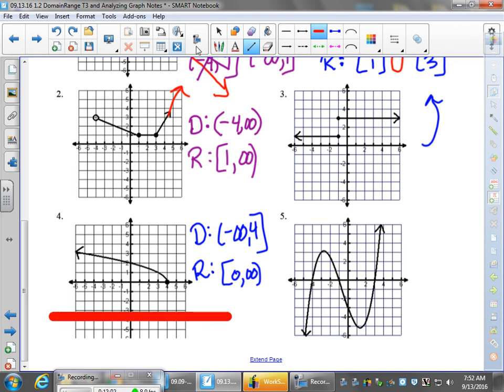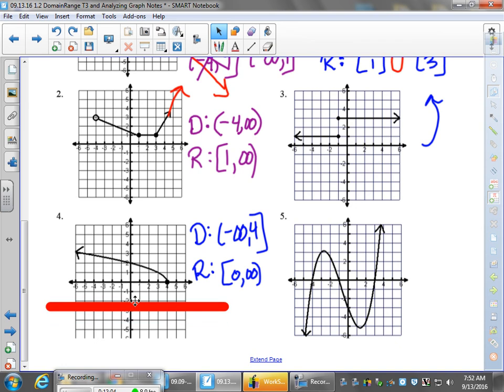But remember, if this is my pencil, and I'm coming in from the bottom, I stop when I hit the graph. For the range, the question has to be, where are you on the y-axis? On the y-axis, where are you? 0. If you're pulling this number over here, that's a location on the x-axis. I need where am I on the y-axis? 0. And then when I come in from the top, I hit an arrow. So anyone who said